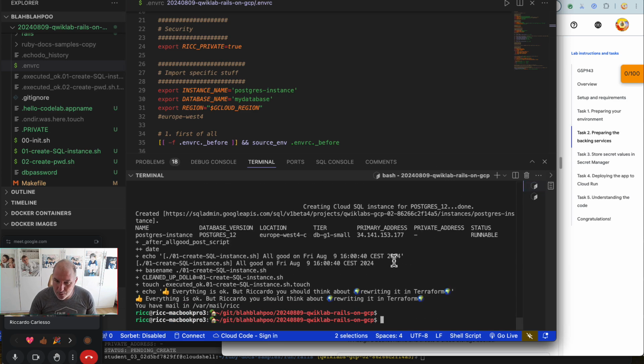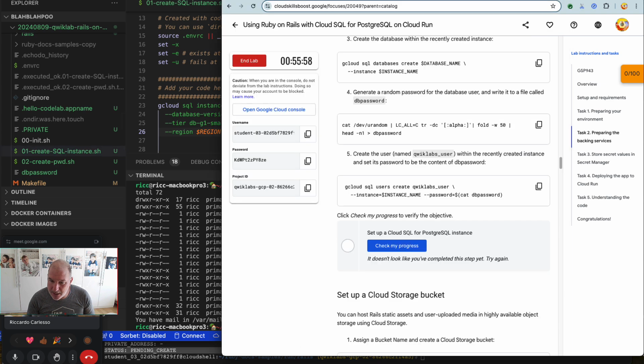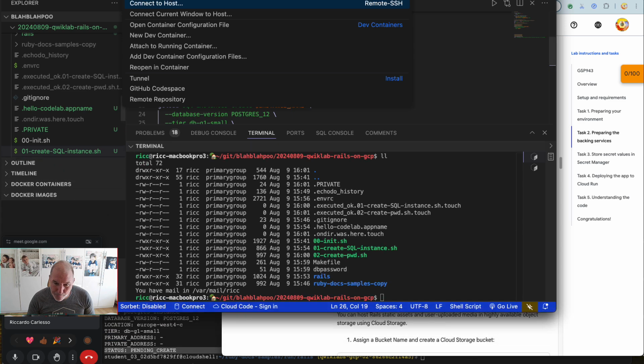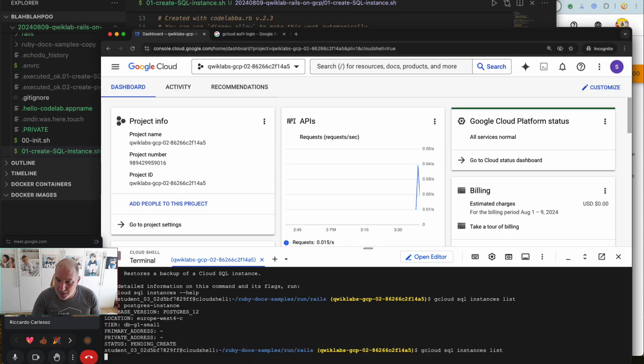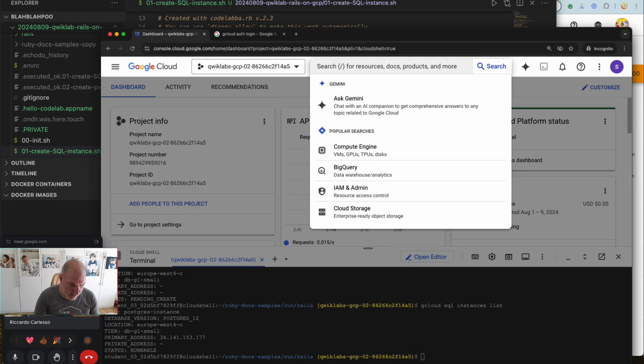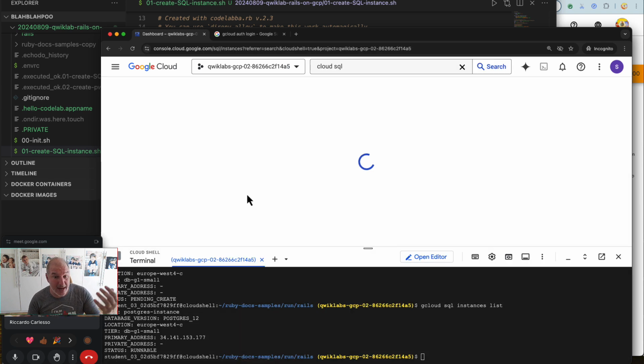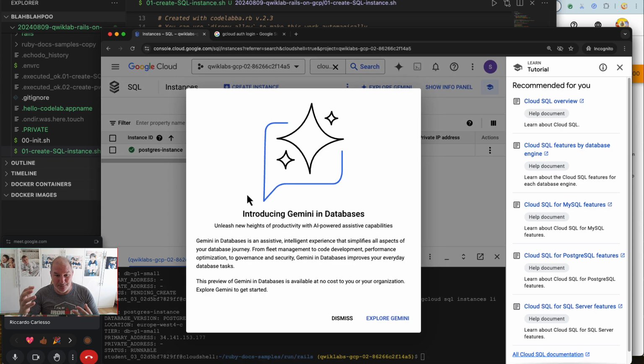So, the 01 worked. Let's look at it. Why? Shall we? So, first let's do instance list, runnable. So that means that if we go to Cloud SQL here, we should be able to see what we have created. And I encourage you to always play with